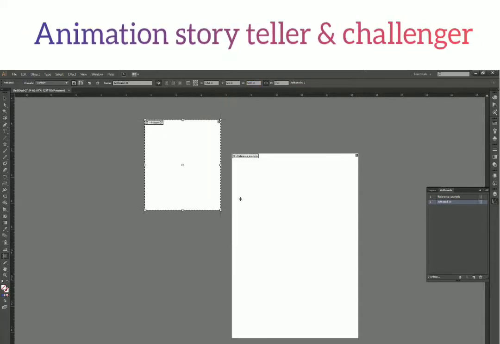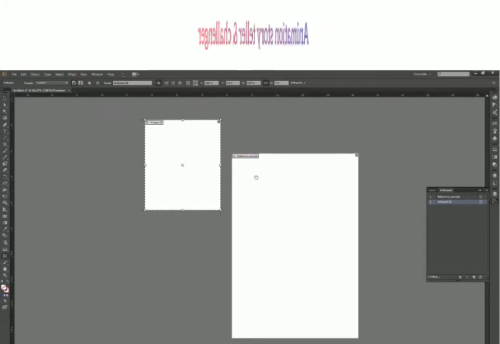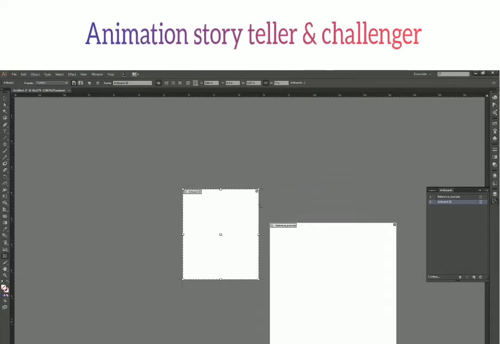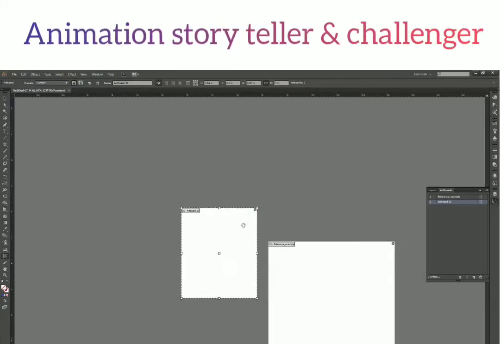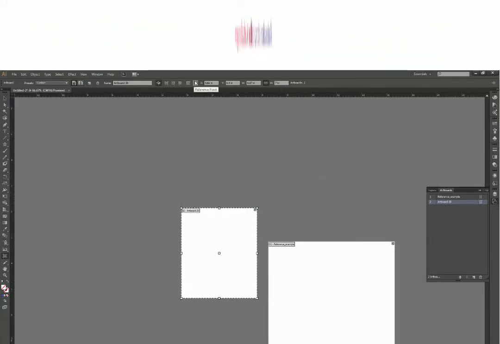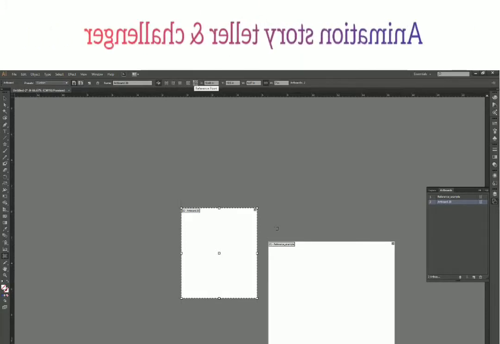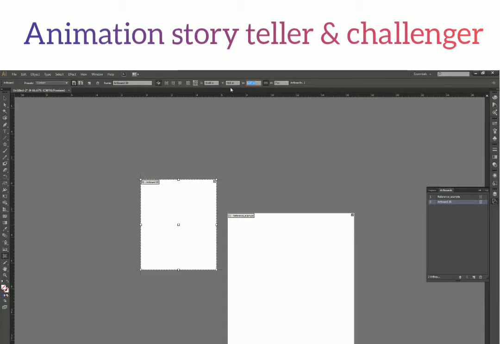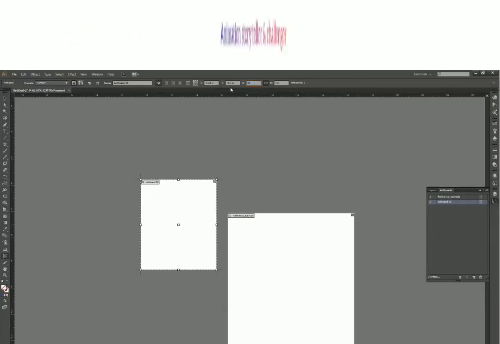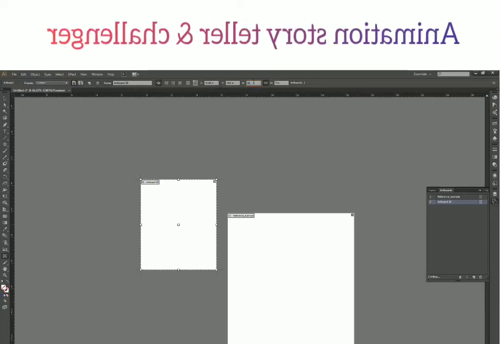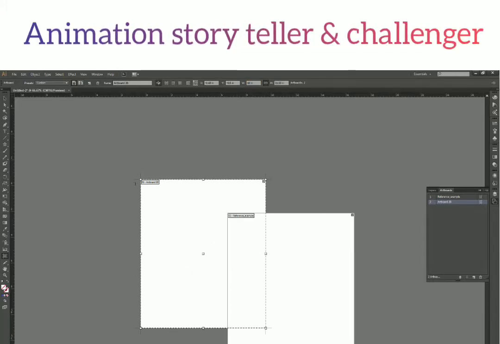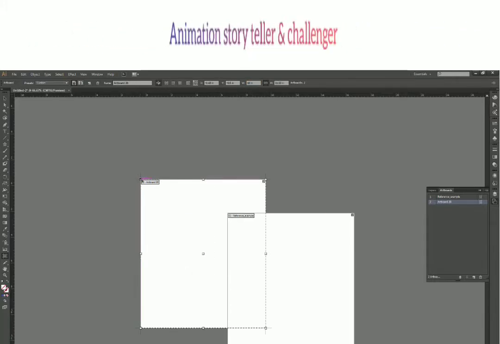So yeah, there is one more thing we can cover in reference point over here, which is that when I'm rescaling my artboard from this width and height field, I can decide my reference point. Let's say the reference point is the top left corner and I'm resizing my artboard. Let's say this time I say 10 in width, and I press enter. So this time my artboard has resized from this point.